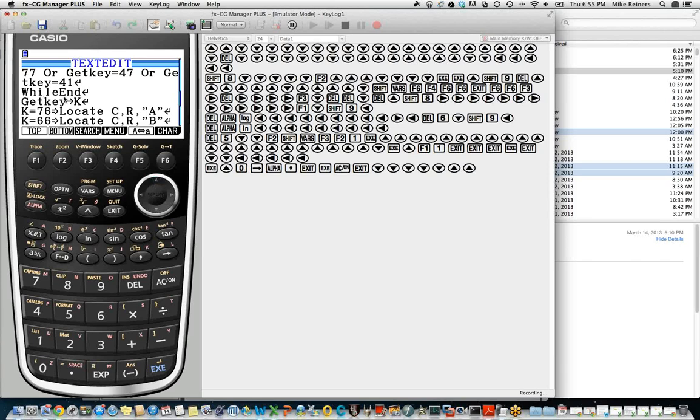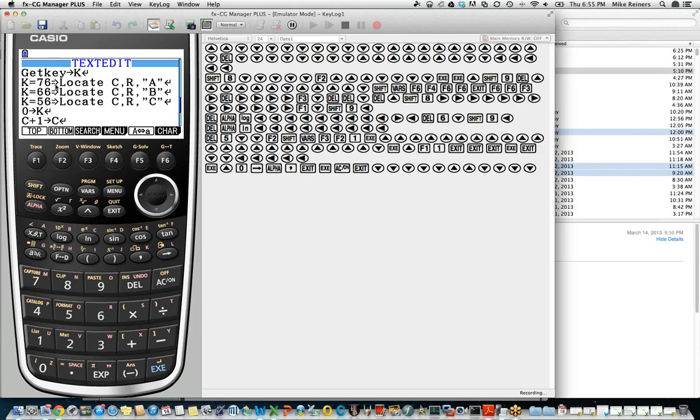And let's see what's happening. GetKey is storing into K, and then we're locating that letter A, and then we think that we've cleared out the value of K. But the problem is that even though we've cleared out that value of K, this GetKey command is still firing. It's saying, you know what, the last key you pressed was the letter A. And then it checks again. Yep, the last key you pressed is still the letter A. So we need to slow our program down. Our program is checking things way, way too fast.